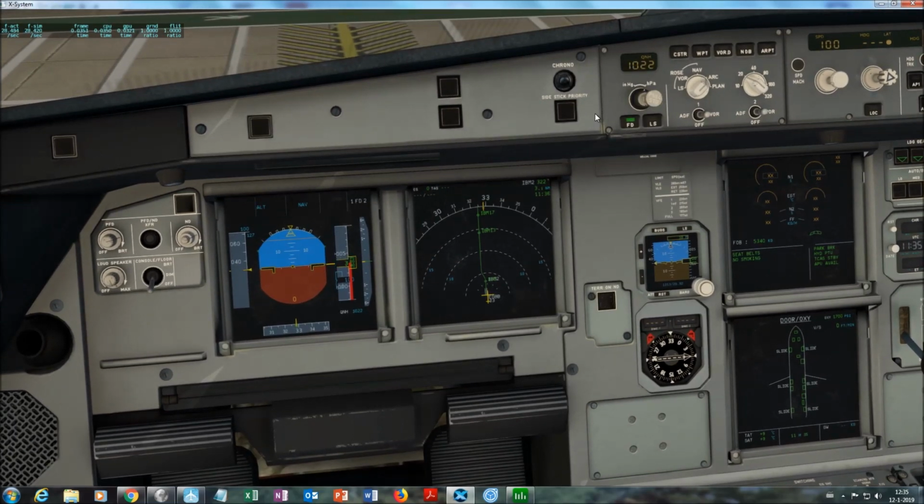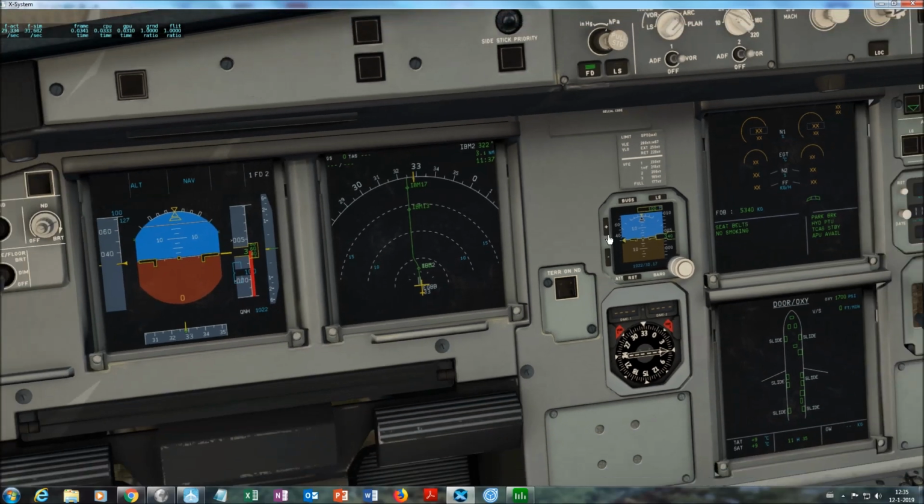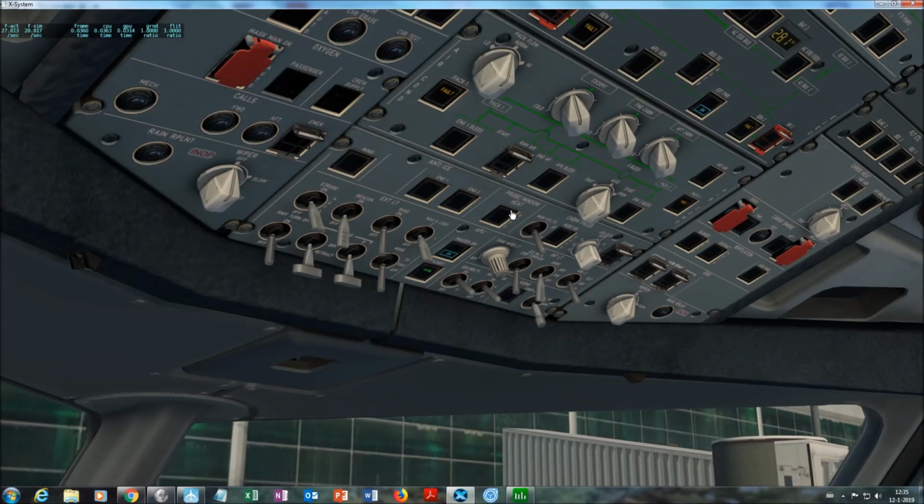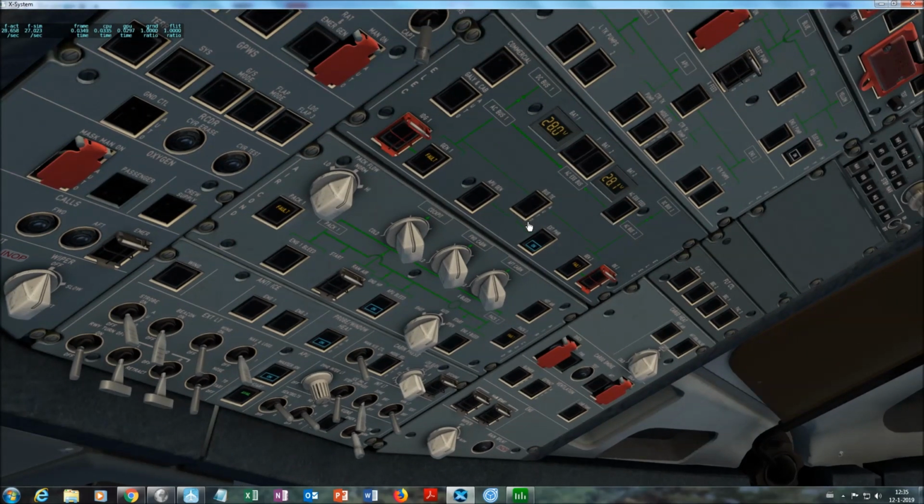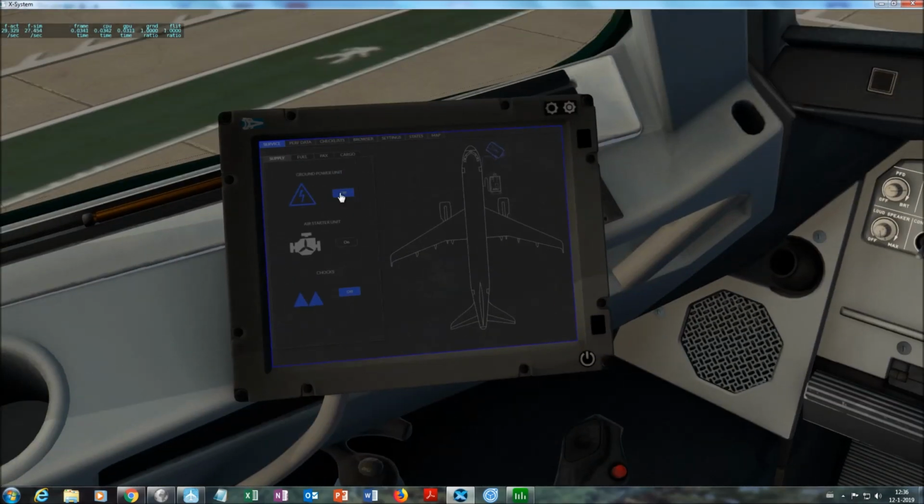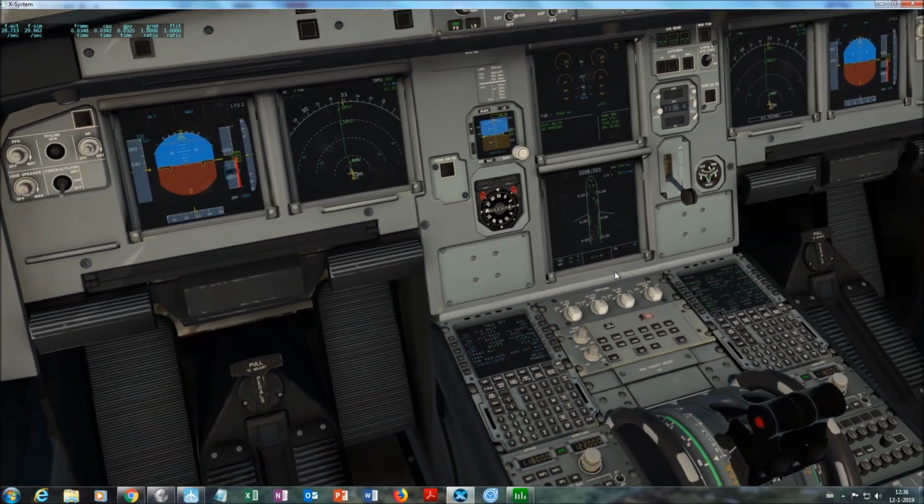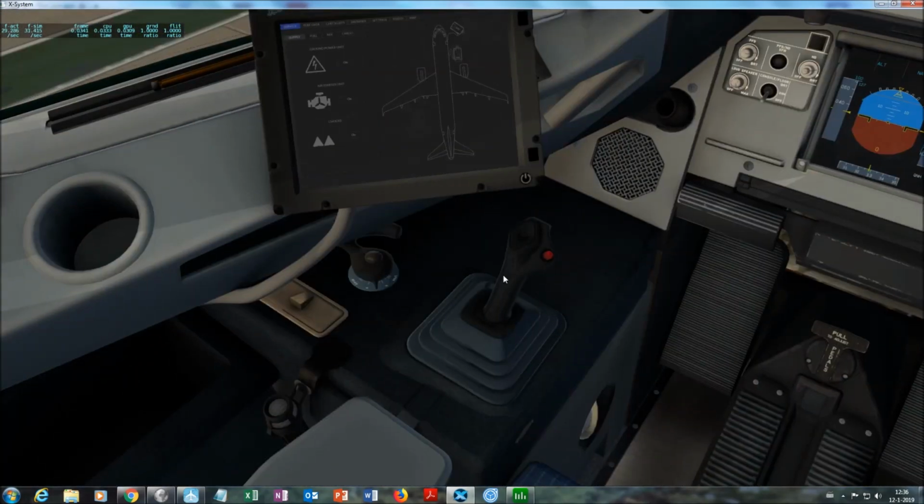That was loud, by the way. Let's see, 1022. There we are. Now the APU is running, so we'll select the probe window heater on. APU bleed is now on. And let's see, we can have the APU generator engaged. External power is disengaged, so we can remove that one. We can remove the chocks because the parking brake is set. Should check that before removing the chocks. But anyway,